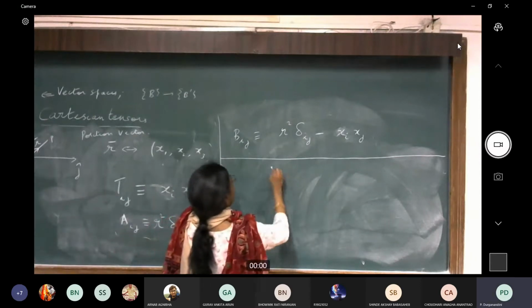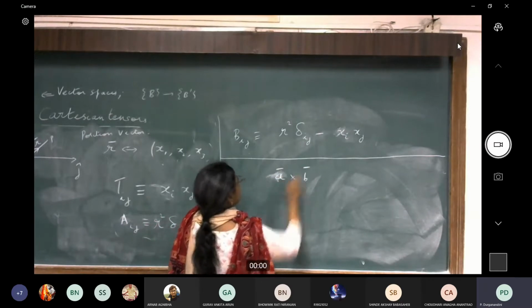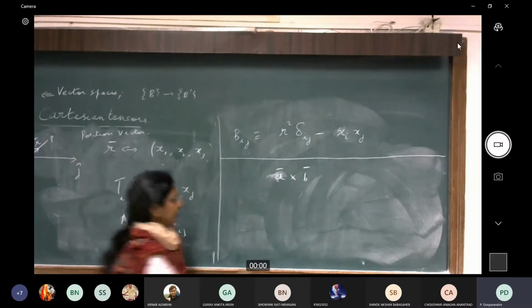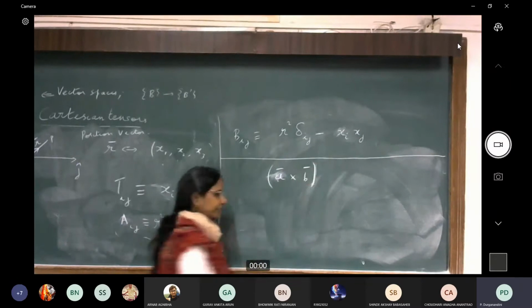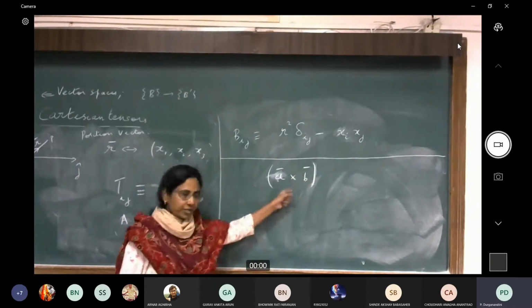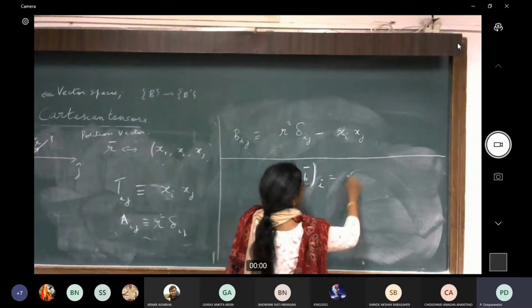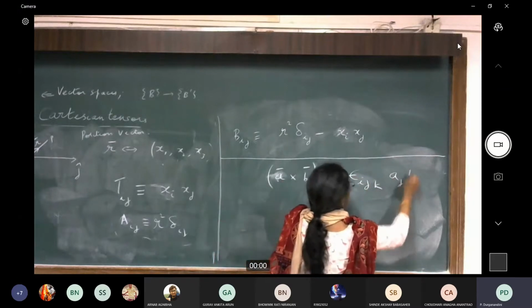See, already I've shown you last time that if I have A cross B, suppose I have two vectors, so let's say that A and B are two tensors of rank 1. Then the cross product A cross B, we saw that I can write that as... The cross product of two vectors, you know, is a vector, so this is going to have 3 components. We know this normally also. And the ith component of this can be written as epsilon ijk A